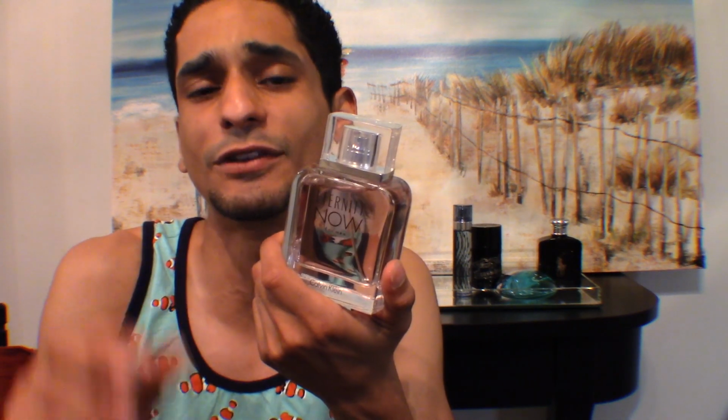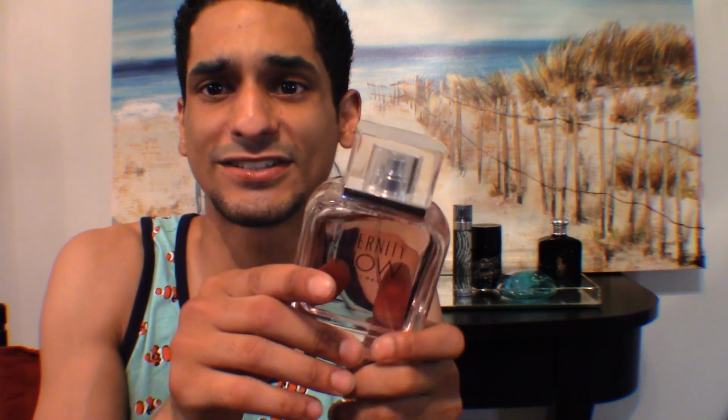You know, it's got the carambola fruit in there, very nice. You got some star anise, and the coconut in here is not too dominating. It blends very well together with the rest of the composition. And it's a nice, interesting take on the Eternity line. You know, when I first saw it, with the pink fluid, you kind of expect some sort of sweetness, but